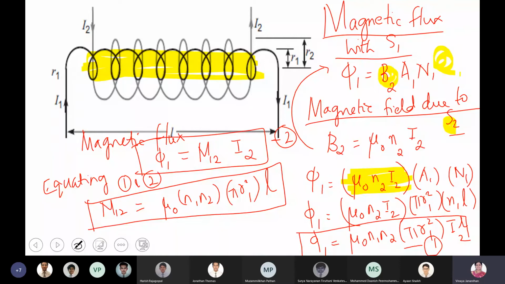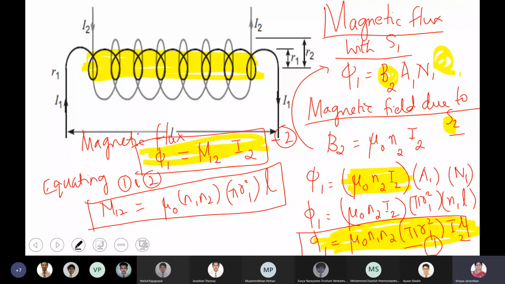So you are equating two equations. This and the other one is what happens? Ma'am, here is coil 2, the primary coil. Coil 2 is, no, coil 1 is, okay, here we have taken S1 as your primary, S2 as the secondary coil. Or coil 1 or coil 2. Okay, ma'am.